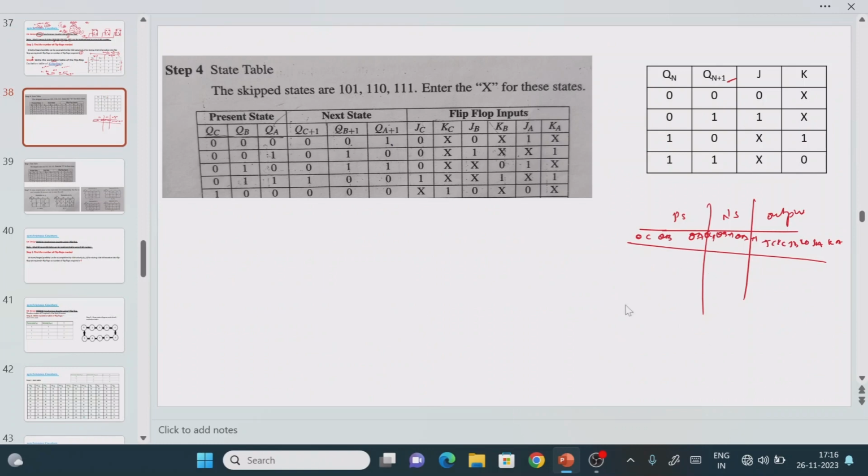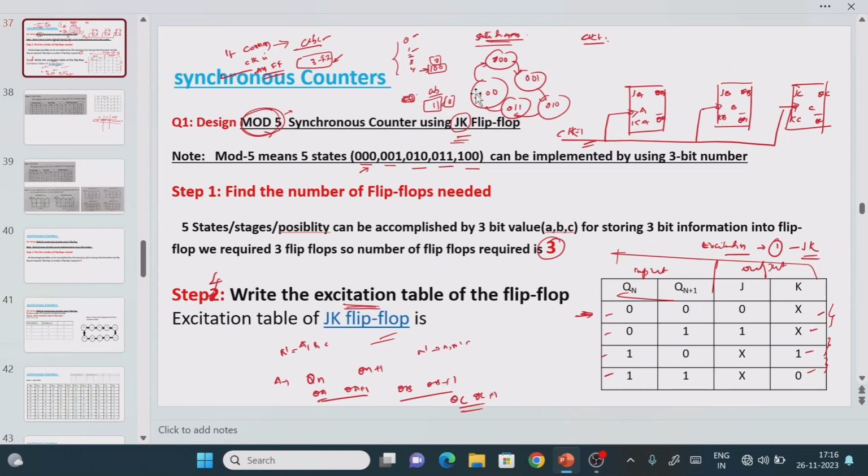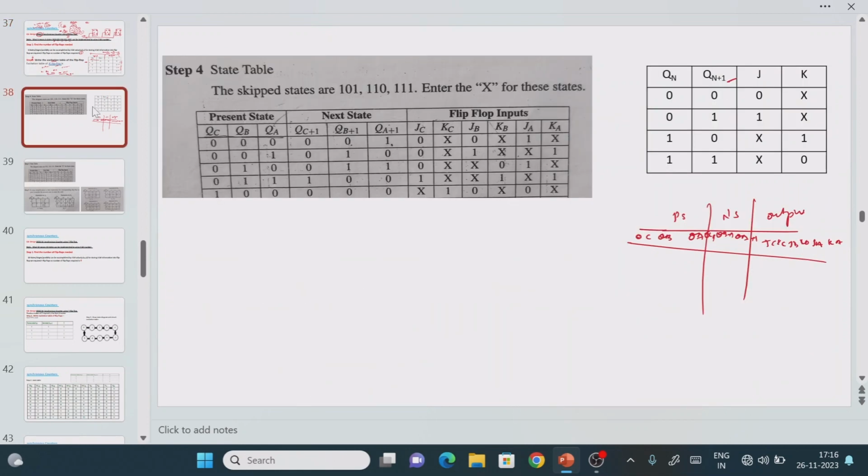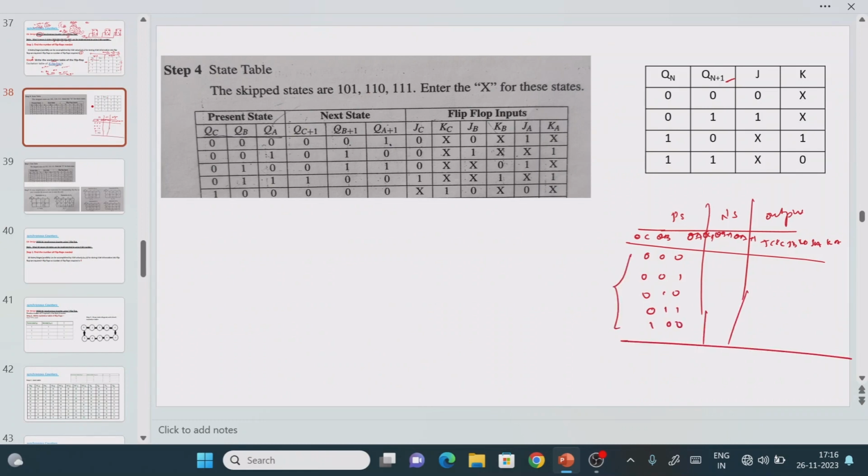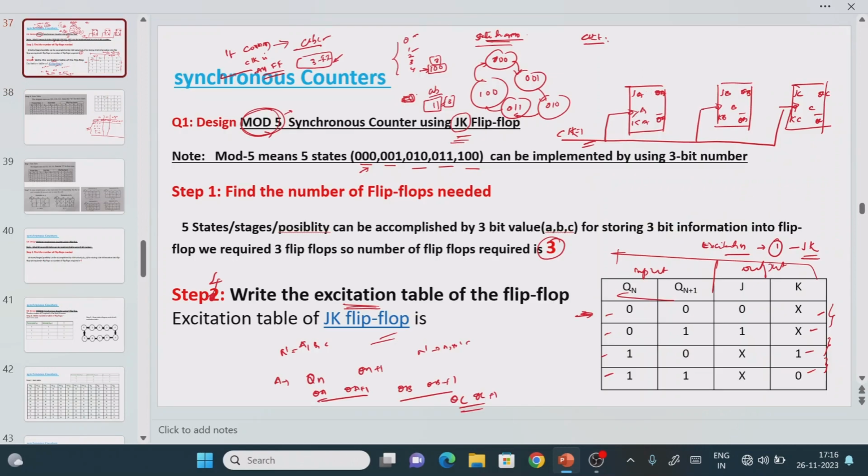The same thing I am trying to draw here, I have mentioned here, you can see. Now as per the given question, what is the count? 0 0 1 2 3 4, right? Modify means the same thing we are going to write down. What is the count value? 000, 001, 010, 011, 100. That's it. This is the count. We call this the modified up count value. Now this is your present state value, 000 is your present state value, right? If you understand, 000 is the present state value; after applying the clock pulse, what is the next state for 000?